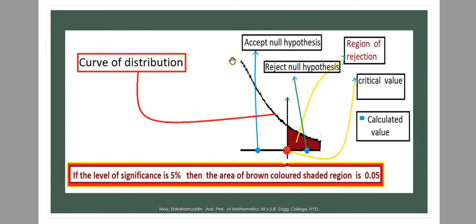If it is the f-test, that depends upon the f distribution, and this is some part of the curve which I have drawn. I have removed the vertical axis, meaning I am showing only the last end part of that particular distribution. So this is similar to the t-test, only the graph changes, but the concept of accepting or rejecting the null hypothesis is the same. If the calculated value is less than the critical value, we accept the null hypothesis. If the calculated value is greater than this critical value, we reject the null hypothesis.